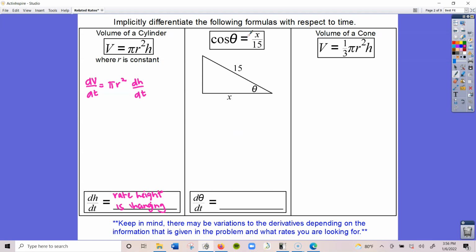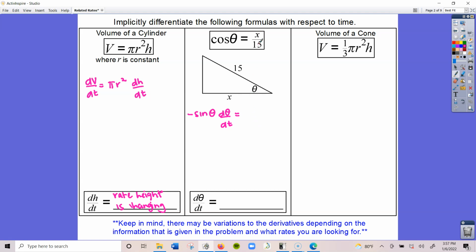Next, we have a trigonometric function. We will be using the three basic trigonometric functions: sine, cosine, and tangent. I just chose to do cosine because the process is the same for sine and tangent. When we take the derivative of cosine theta, that is negative sine theta, but then we always have to multiply that by the derivative of the angle. My angle is a variable, theta, so that derivative would be d theta/dt